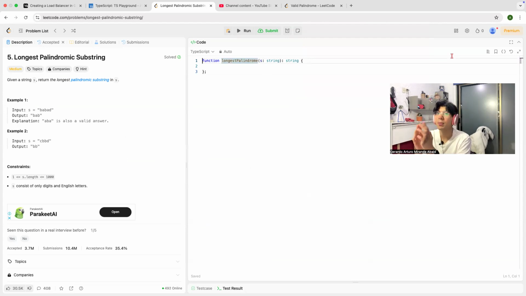Today we're going to solve problem number 5 of Leetcode, which is longest palindromic substring. This is marked as a medium problem, but I would say that it's an easy problem if you're able to think how to find a palindromic substring from the normal way or the most popular way, because